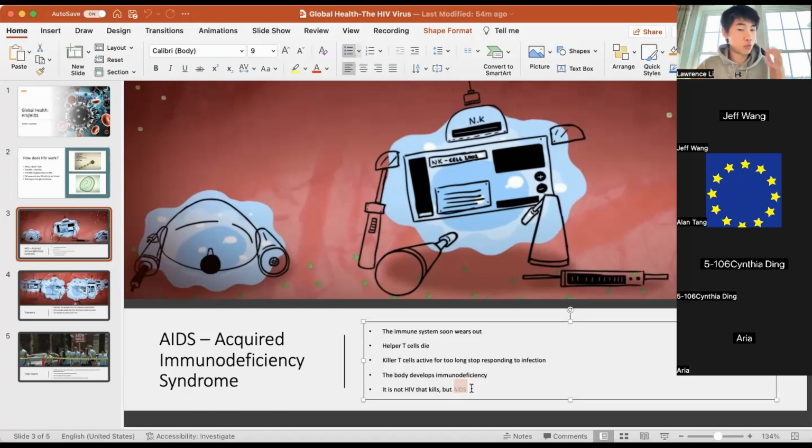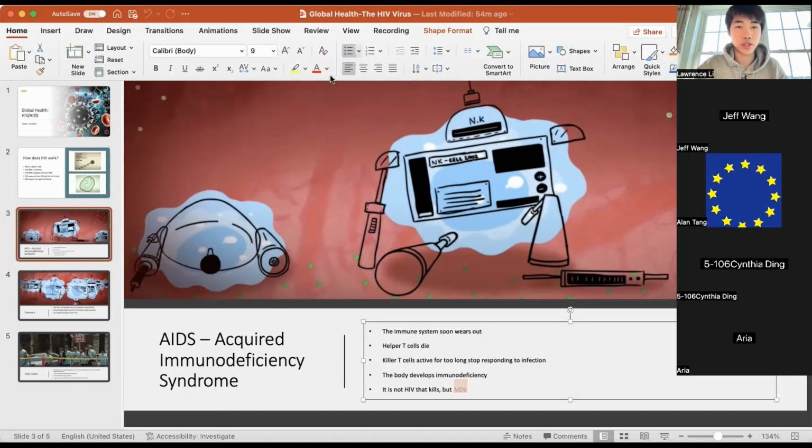If a person has a weakened, immunodeficient immune system and they are infected with a common cold, that can be really life-threatening, right? The cold is not scary for someone who has a healthy immune system, who is a healthy individual. But if you don't have an immune system, or if you have a weakened immune system, that cold becomes a different story, right? That can kill you. And so that is the danger of